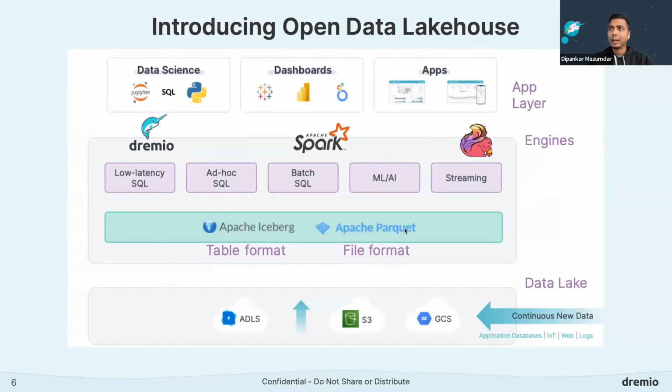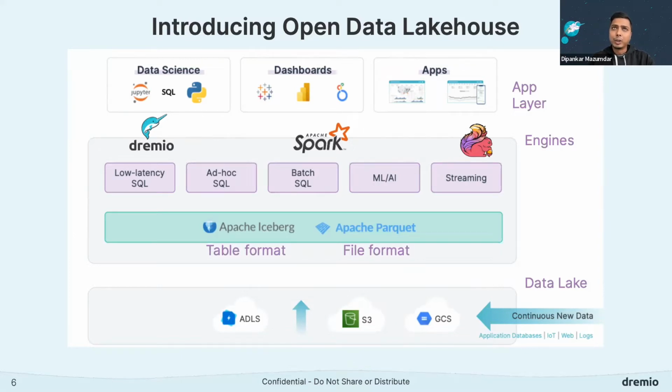But before we go to that, first let's try to understand what's an open data lakehouse, and what exactly is open in that open data lakehouse. As the name suggests, and we have been reading and writing about it, a lakehouse architecture basically combines the approach of a data lake and a data warehouse. So it's not just a mere integration between the two, but the idea is to bring the best of the two architectures. For example, we can have the reliable data management features that we have in a data warehouse, but at the same time, they can be super costly, and we have the option of low cost cloud options like S3 or ADLS, some kind of a data lake that is in cloud.